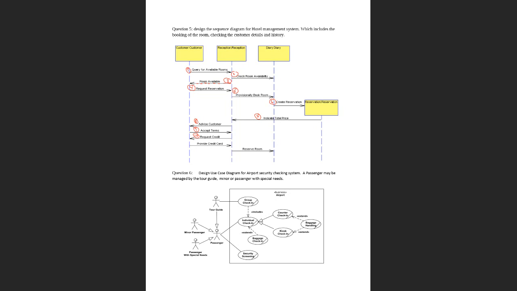Then the customer will give him cash or the credit card. Step number 11. Then at step 12, he will actually reserve the room for him, and the reservation is completed. So this is a particular use case we have shown in the sequence diagram. There are 12 steps involved in the sequence diagram for the hotel management system in this case.